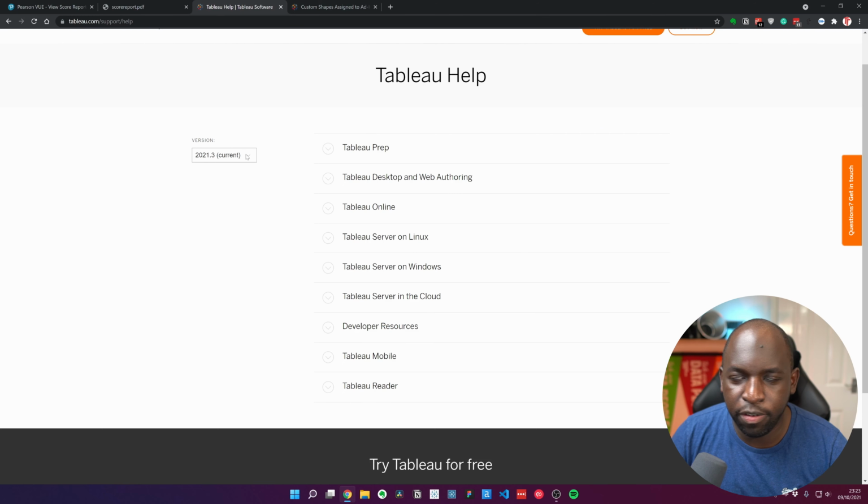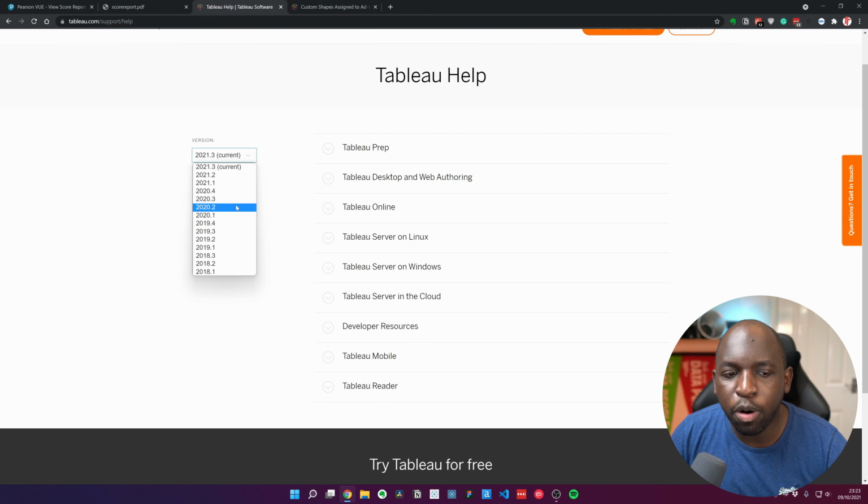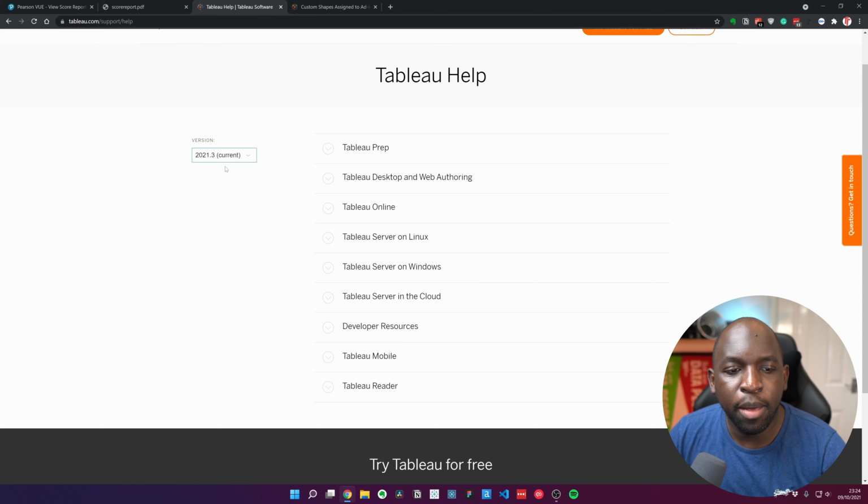A lot of the features tested in the exam will probably work from 2020.2 onwards, because they talk about relationships and the physical and the data layer. So you probably want to make sure you're at least on 2020.2 onwards, so you can actually sit this exam and understand all the features and see them in front of you. If you haven't upgraded to any of those versions, maybe spend a bit of time with those versions and then work with it. But ideally, go to the current help pages to get the current version of Tableau,